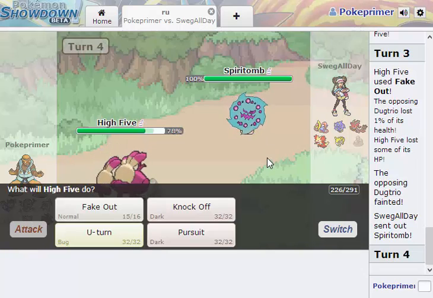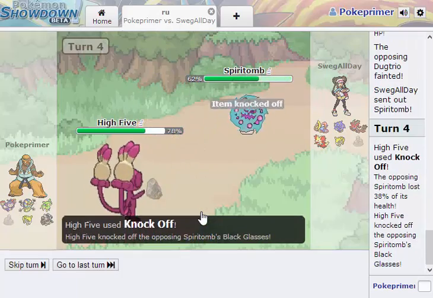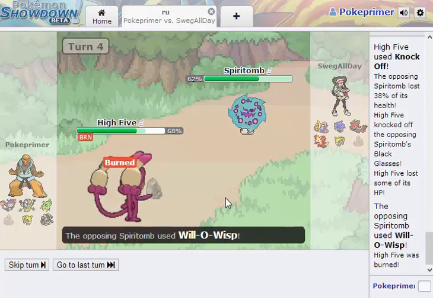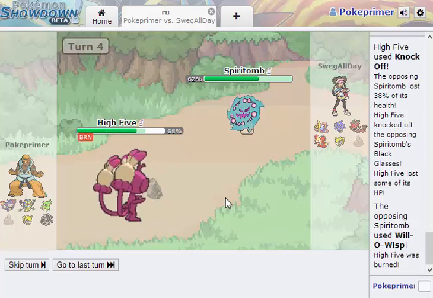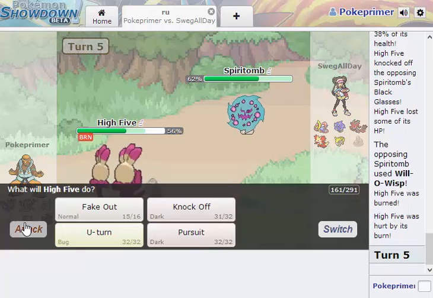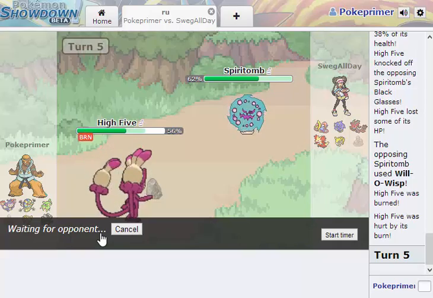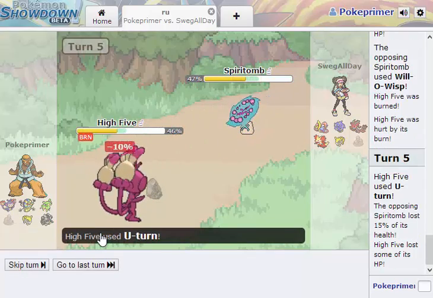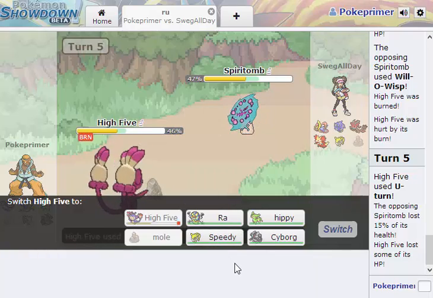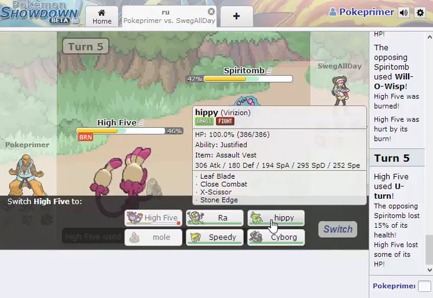I'm going to Knock Off, get as much damage off as I can. Black Glasses, interesting. It's gonna go Will-O-Wisp on me. That sucks really bad. Well, I'm gonna U-turn out though, because at least having him as a potential Knock Offer is useful. So I think I'm gonna go out into